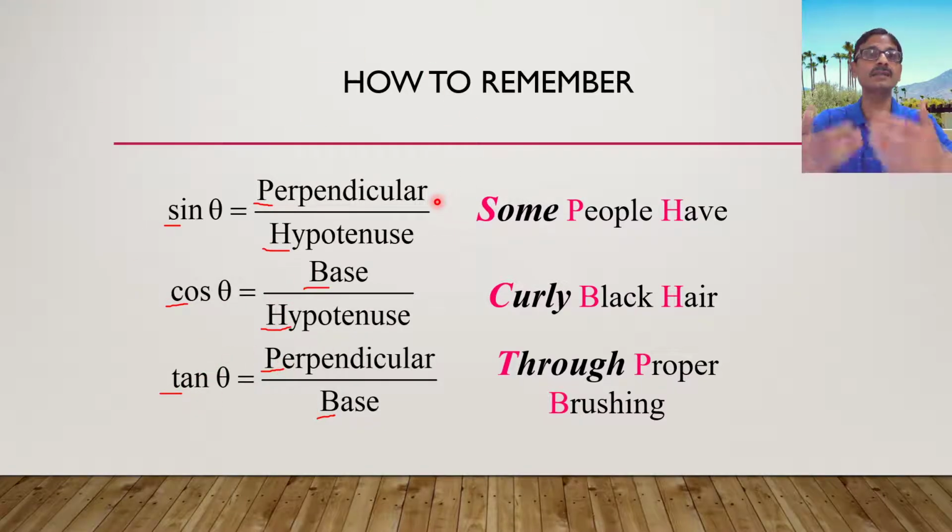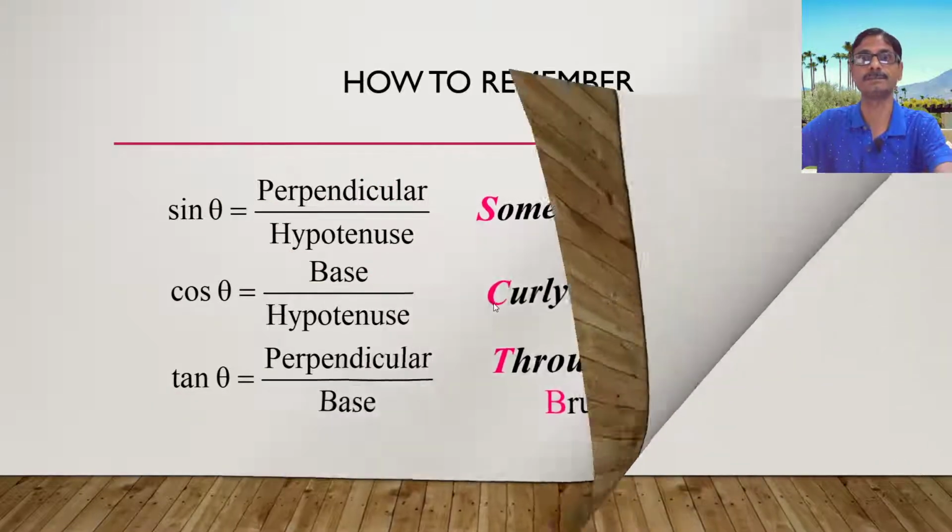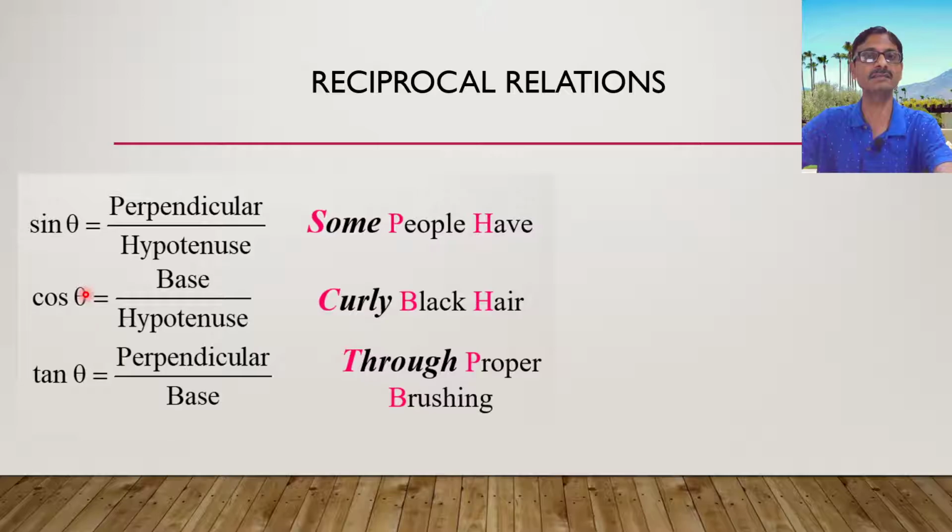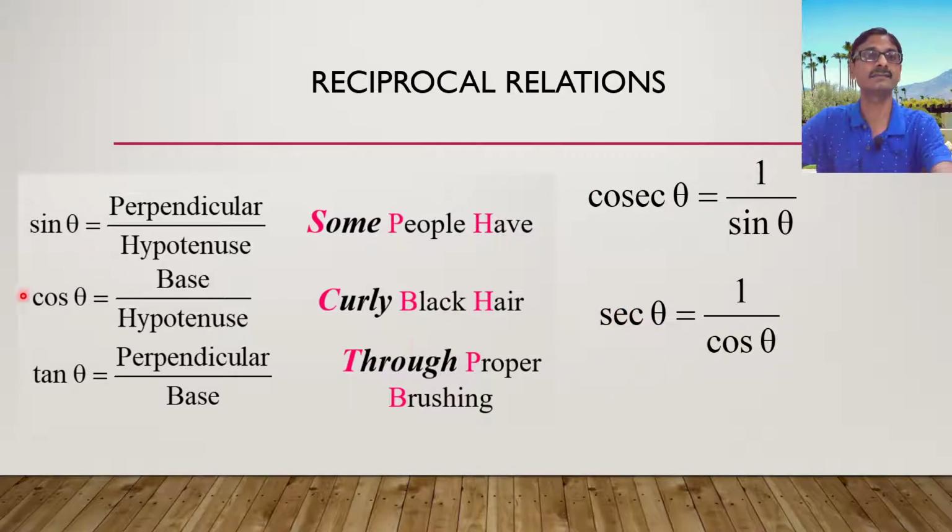And when you learn these 3 ratios, naturally you will be able to find other 3 because they are nothing but reciprocals of them. So reciprocal relations can be learned on the basis of these 3, what you learned in the previous slide. Cosec theta is reciprocal of first, sin theta. Sec theta is the reciprocal of second, 1 upon cos theta, and cot theta is the reciprocal of third. So please learn first, second, third, and their reciprocals respectively would be cosec theta, sec theta, cot theta.